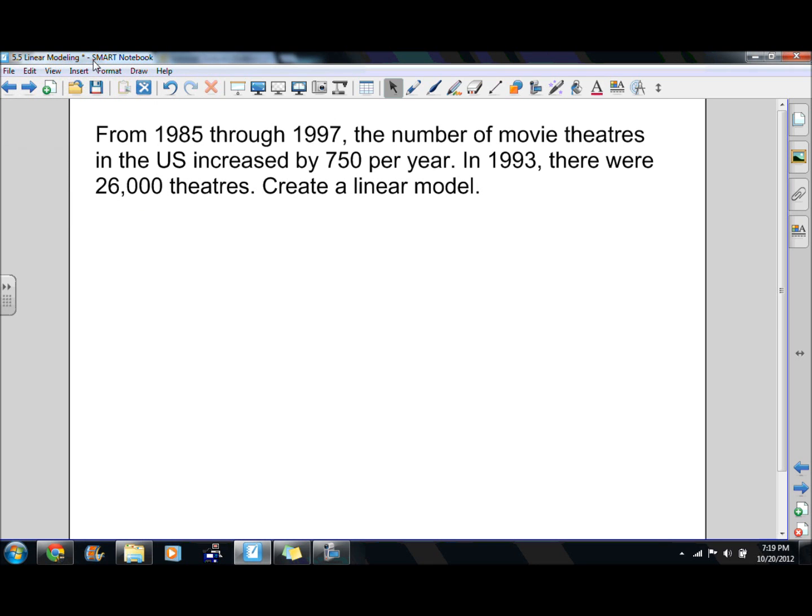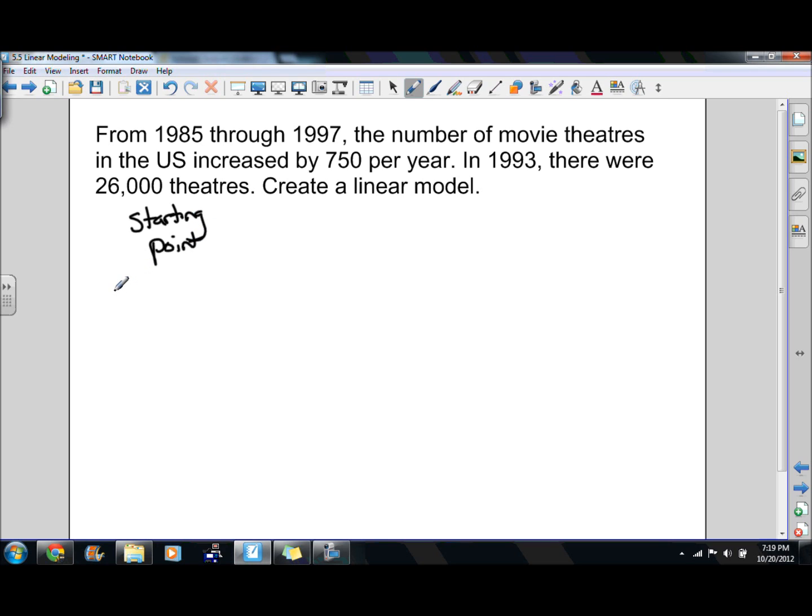From 1985 to 1997, the number of movie theaters in the United States increased by 750 per year. In 1993, there were 26,000 theaters. Create a linear model or an equation. Now, when we work on these problems, there are two things that I need you to figure out. I need you to figure out the starting point